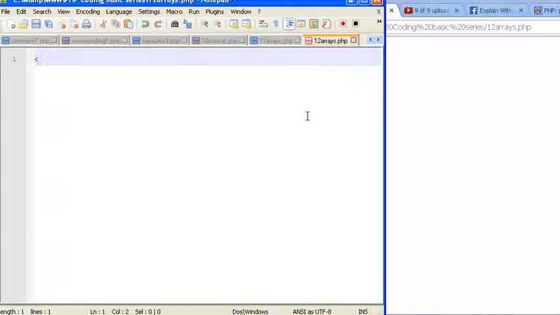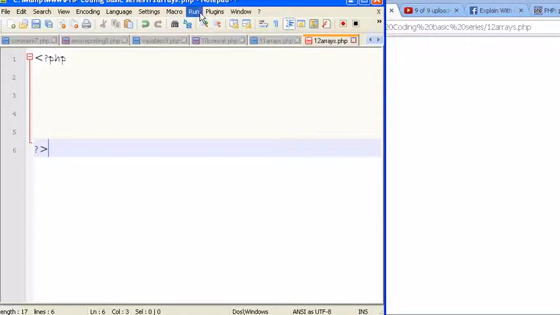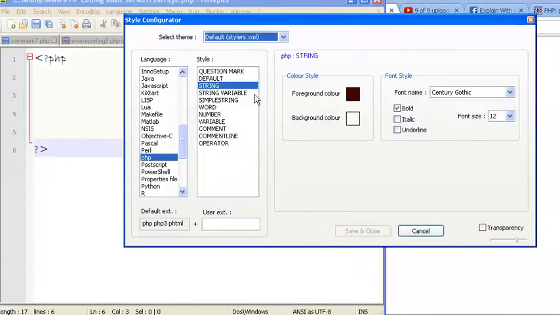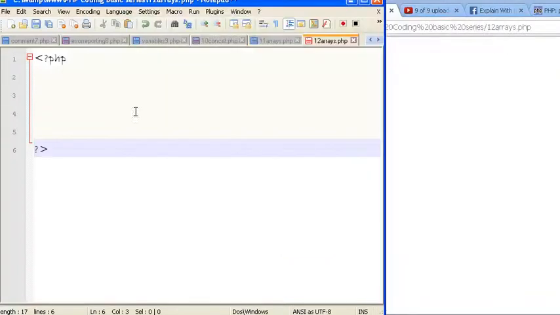I'll just open my PHP, and in case you are wondering how I have such beautiful or elegant tags, I've gone to the style configurator and I have changed the font and everything so that my tutorials can be more beautiful. Okay, now inside this let me just have a name array variable,